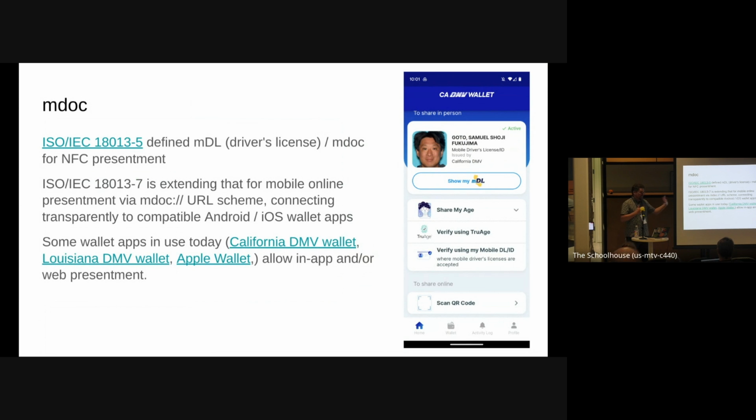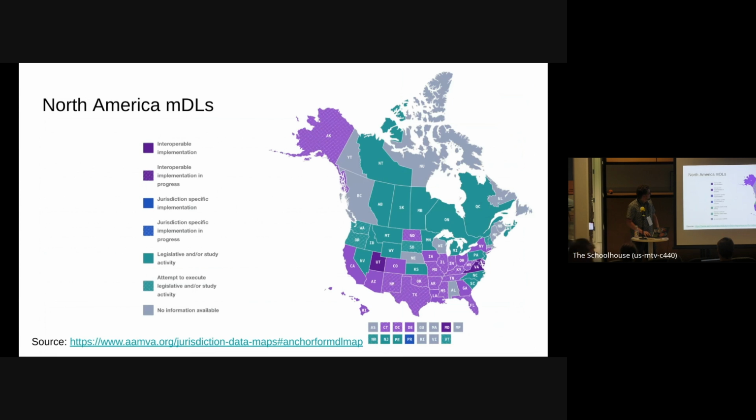So a website can navigate to the scheme. If you've got something like a California DMV wallet on your phone, it can listen to the scheme and say, okay, let me share information, get the user's permission, of course, and share information about your government identity with the website. So you could use your California driver's license to log into all sorts of websites or prove your age and stuff like that. So you're probably all immediately thinking, is this a good thing? Is this something we want? Or what are the ways this might go wrong?